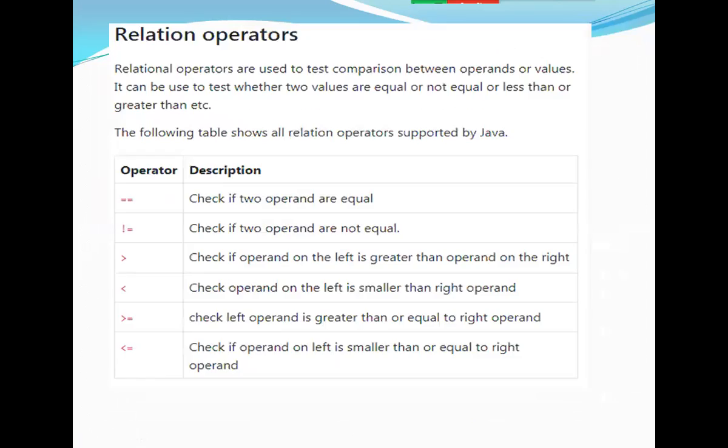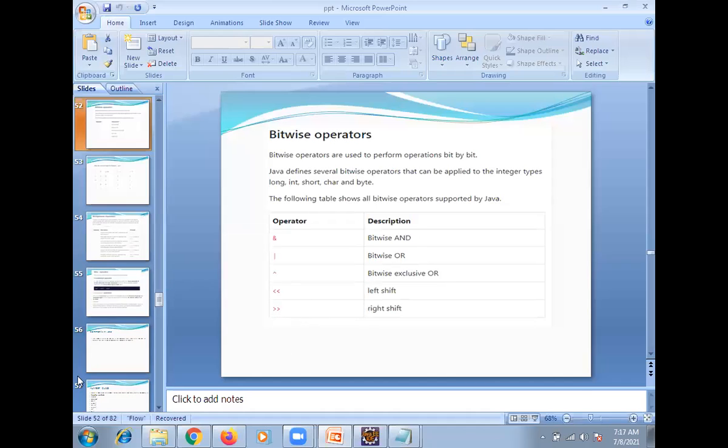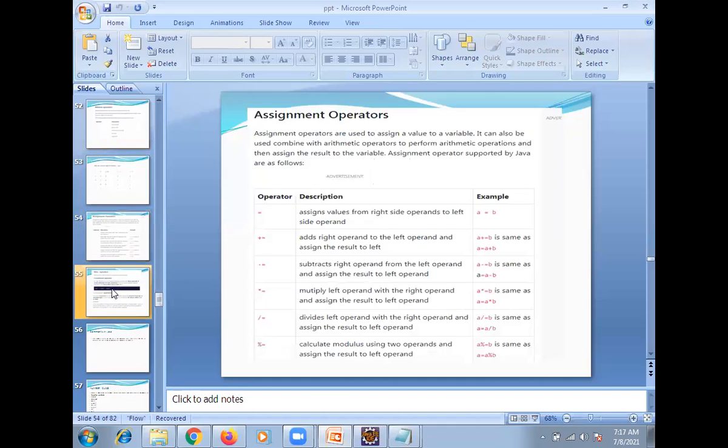Okay, now next was logical bitwise. This bitwise operators we just had, right? Bitwise operators are always used to compare data types. One is and, another is or, and exclusive or, with a left side and a right side. Most probably we are not going to use these operators in real time, but I will show you these examples also.